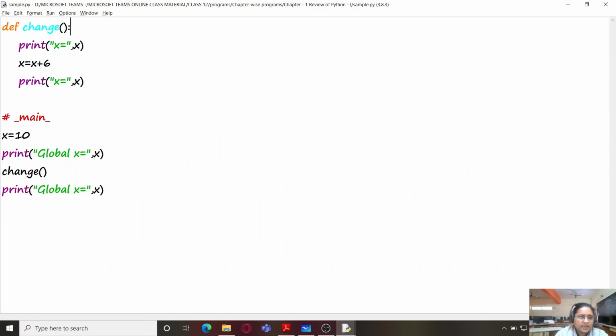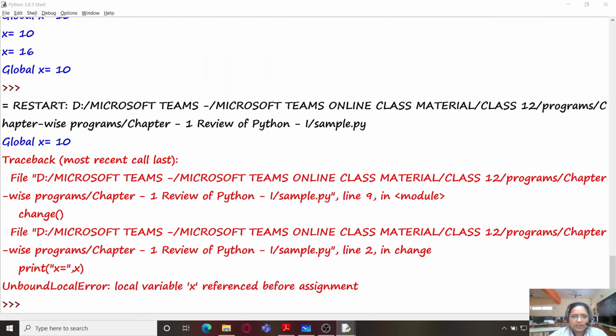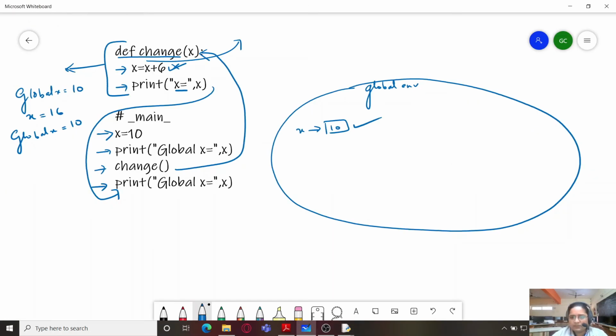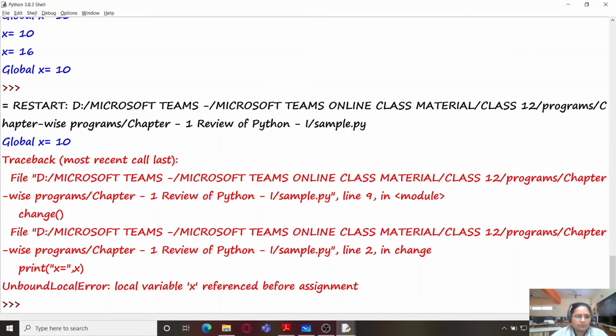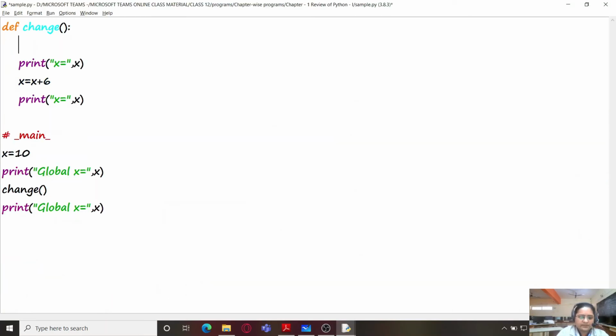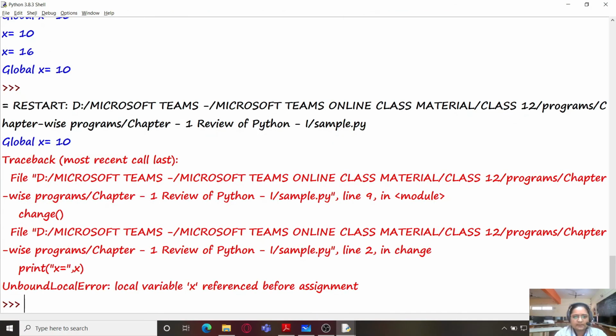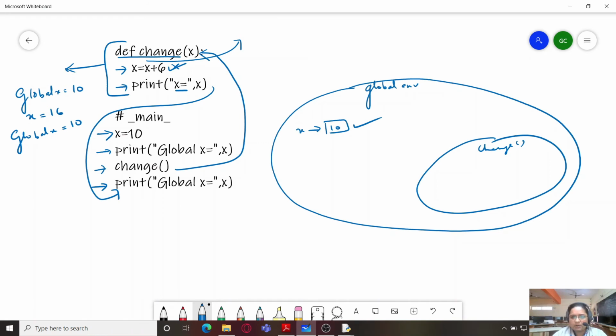It is because in this case we don't have any variable created within the local namespace. There is no variable named x. So in our code, we have to specifically write global x. When we write global x, it is going to recognize this x as a specific value.